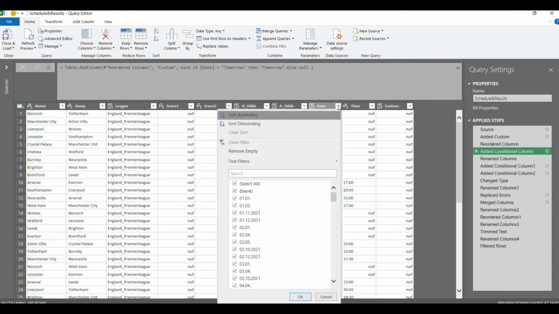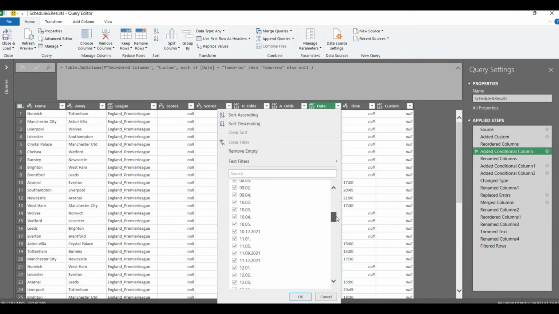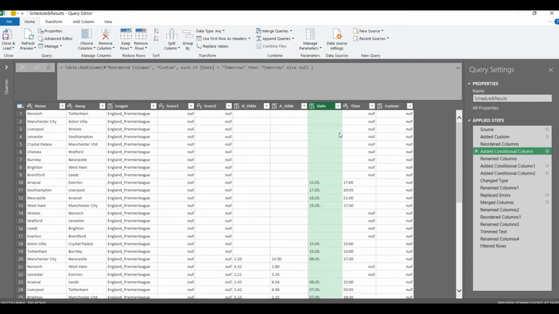If we go to date, let's see if there is any column, any text that says tomorrow. Okay, so you see that there is tomorrow and today. So I'm going to create a column because this is not a readable date. I'm trying to create a column in reality to be able to have a date and then sort them. So what I'm going to do,